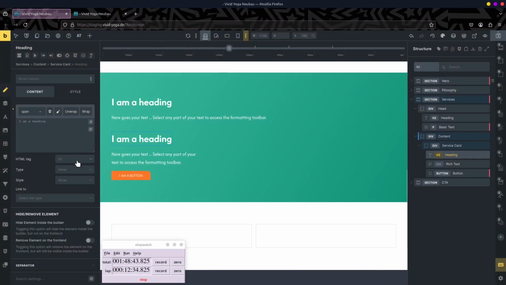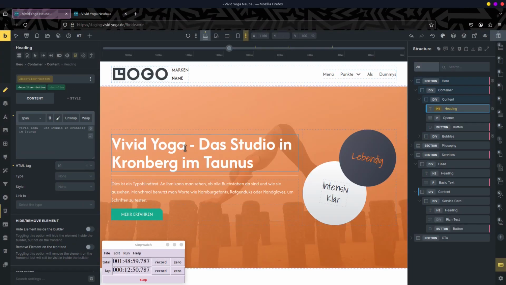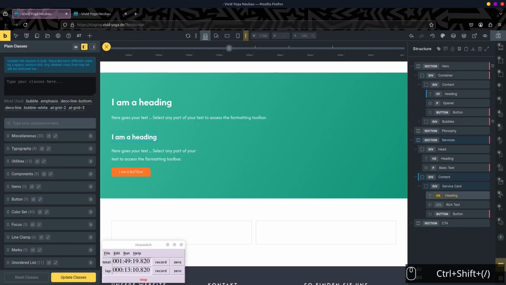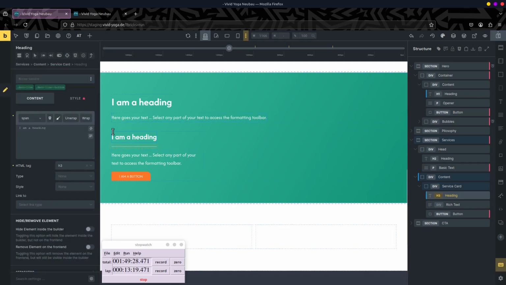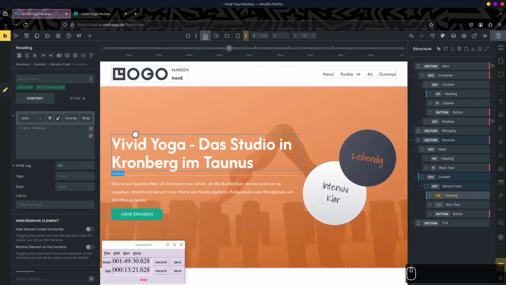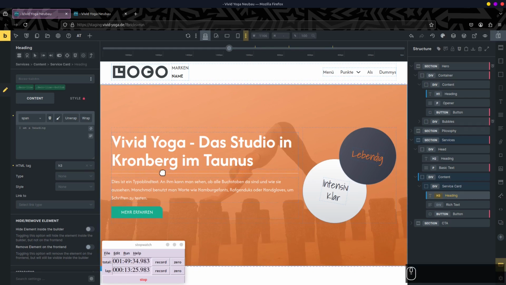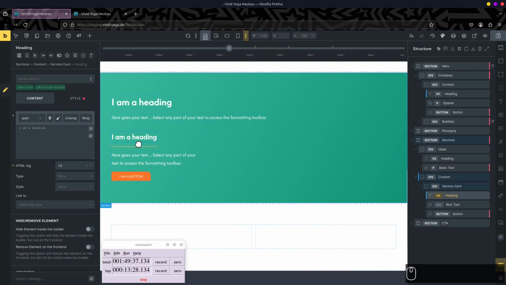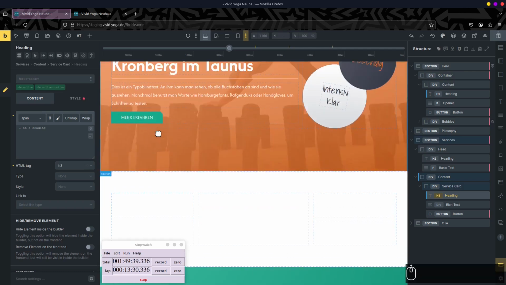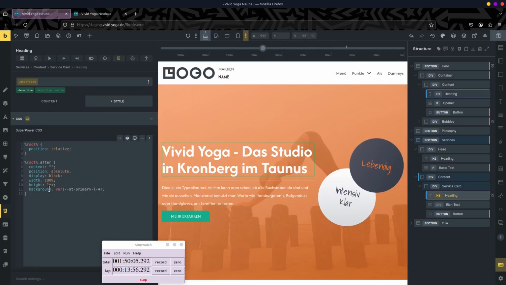Now this is going to be a heading 3, and I wanted to have a deco line. Let's use plain classes for that again. Okay, so when I made the deco line up here, it made sense at the time to make it a bright shade of the primary color, but down here that doesn't match, so I'm going to have to come up with some color magic here. So we're going to remove the color from the deco line class,